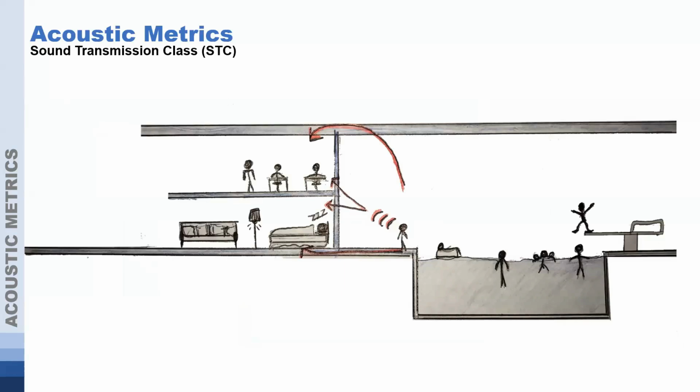If we look at just a quick sketch, this is just to show the STC rating of airborne sound. So if we've got people talking and having a good time in this indoor pool area, the sounds are going to go through the wall assemblies and travel to the adjacencies, sleeping and potentially teaching above. But there's also going to be these other paths that go through the floor slab or over the ceiling or through the ceilings, which we call flanking paths.